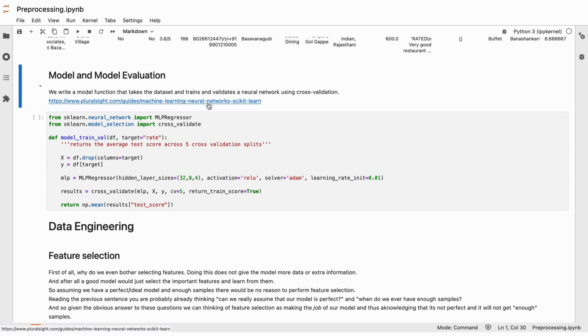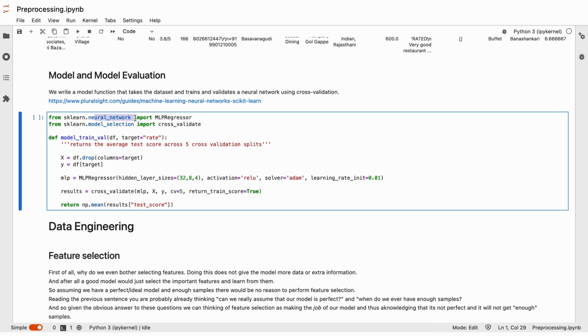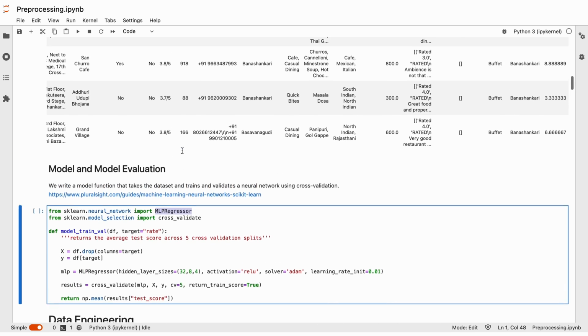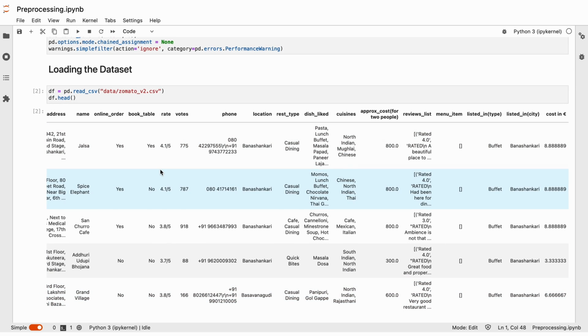Okay, now onto our model and the model evaluation. Our model is a simple neural network that we took from scikit-learn and that we can use to do regression. So the rating that we will predict later will not be a categorical variable, which is also possible. We could have the categories 0 out of 5, 1 out of 5, and even 1.5 out of 5. But since we have more fine-grained values, like 3.7 out of 5, we might as well use them and then